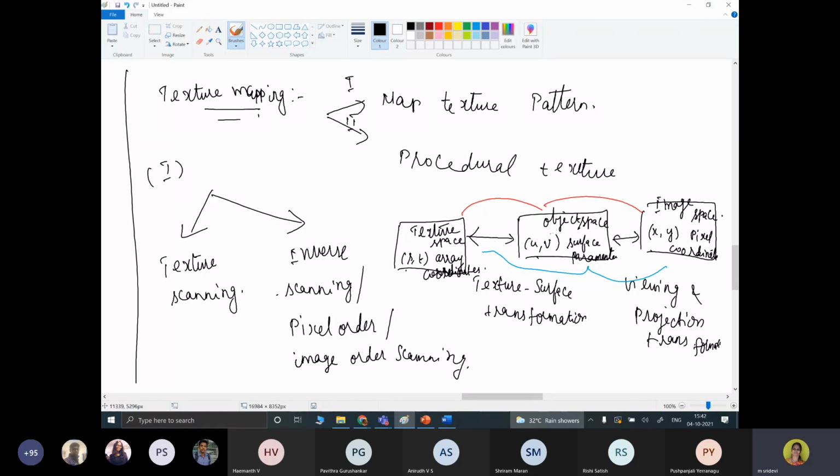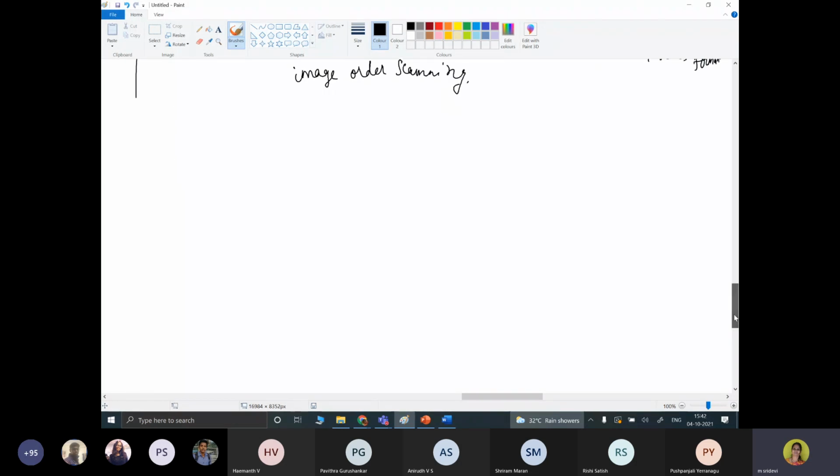Mapping from texture space to object space is specified with a set of parametric linear functions. U and V are the surface parameters, and S and T are the array coordinates of the texture space.